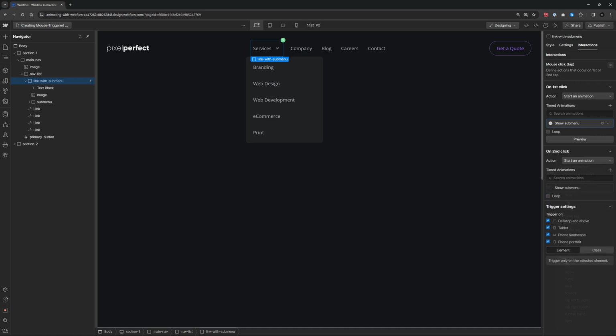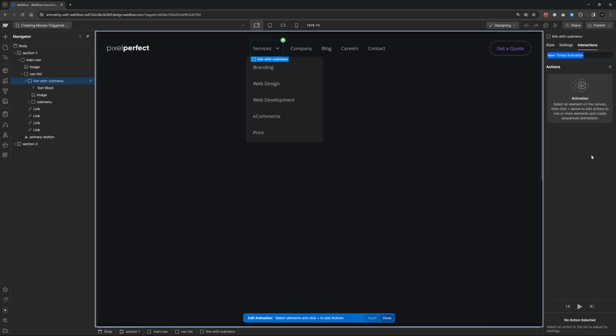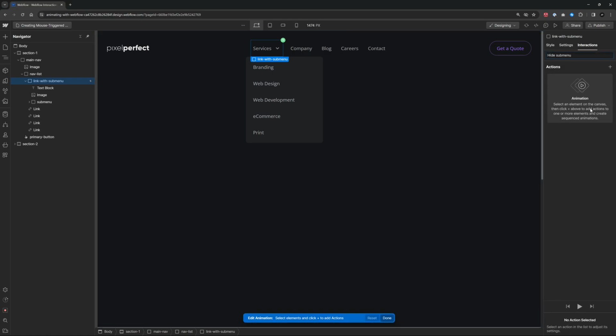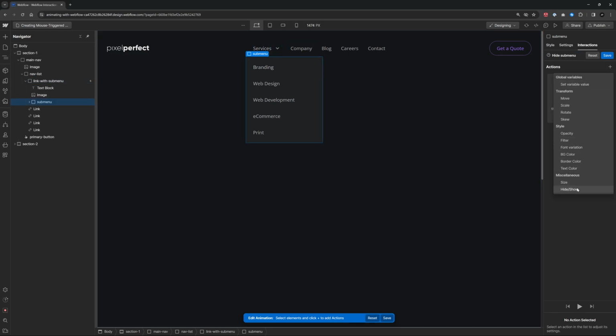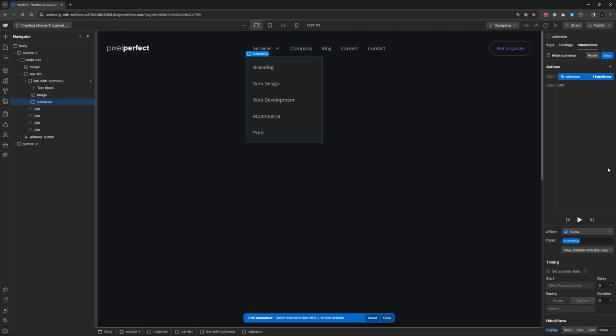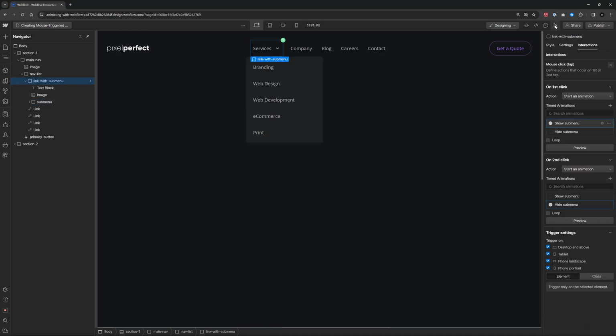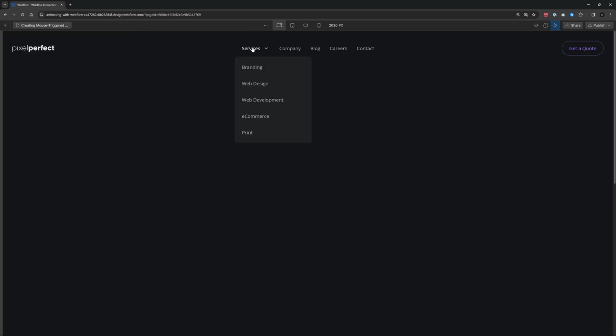Very simple. Now to hide it, because if we click a second time, nothing happens, we can go to, on second click, start an animation. We're going to create one that's called hide submenu. So with the submenu selected, click the plus sign, hide show, and set the display to none. Save that. Now if we preview,